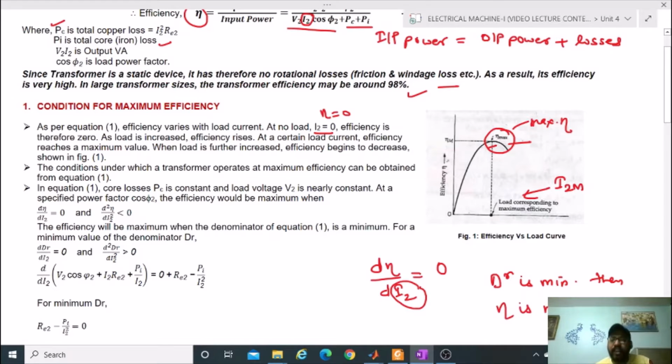So we will differentiate the denominator with respect to I2 and put it equal to 0 to obtain the condition for minimum denominator. So when we put this denominator differentiation equal to 0, that is V2 cos phi 2 into I2 Re2 over Pi into I2, then we can say that it is equal to,